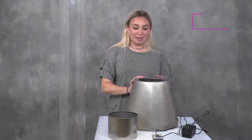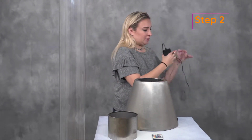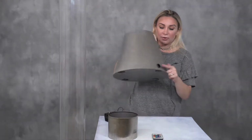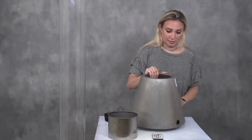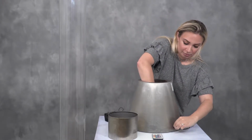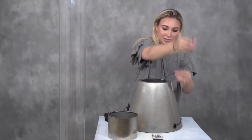So for step 2, we're going to locate our power cord, which you'll find here. And you're going to locate the end of it and also the hole in the base. You're going to thread this through with one hand and pull through with the other, and just set it on the side for the moment because we're going to put the acrylic tube into the base and connect the